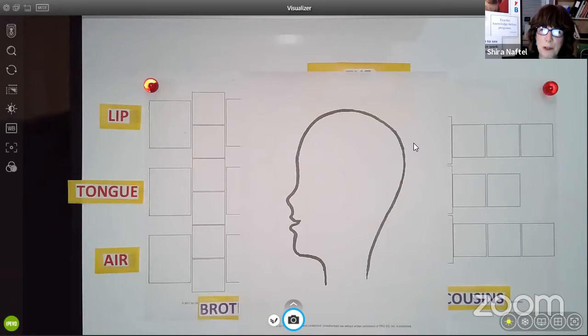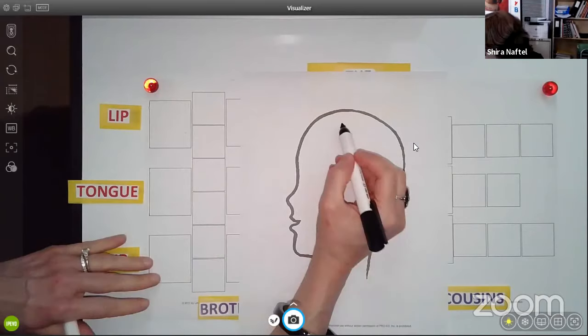Okay, so the first thing we're going to do this evening is something called setting the climate. Setting the climate lets us think about why we're doing what we're doing. My first question to my student would be, and I'm going to do this very quickly with you because we're doing it for you to learn the sounds, not to teach it to your students yet. That would be a different kind of class. But I would ask my students, how do you get information about the world around you? And first I would say, what's on top of your head? And they hopefully would say their brain, and I would make a little brain.